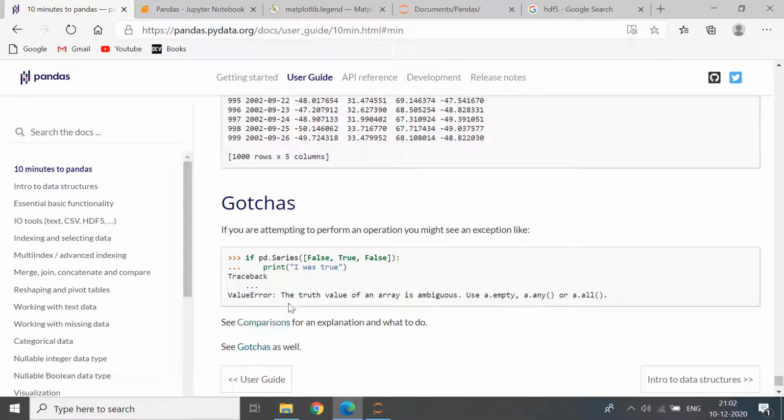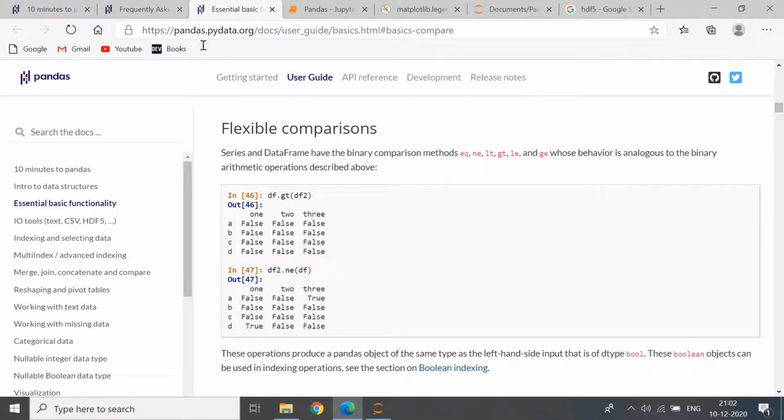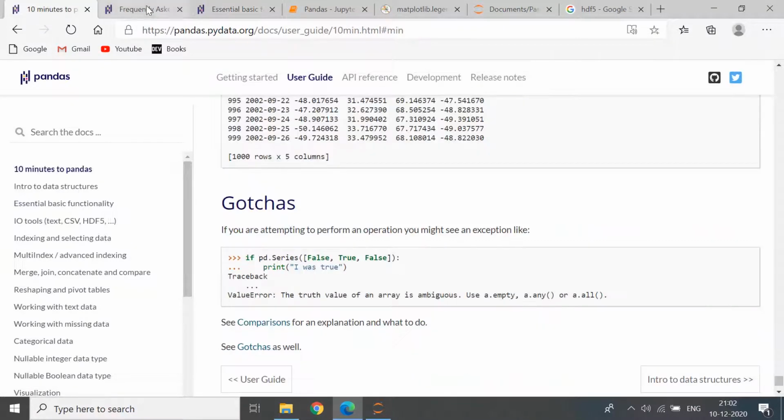Traceback, ValueError: the truth value of an array is ambiguous. Use a.empty, a.any, or a.all. See comparisons for an explanation and what to do. See gotchas as well. I'm not sure if this is supposed to be a part of this. Okay, so these are some advanced things. We won't be looking at them in this 10 minutes to pandas series.